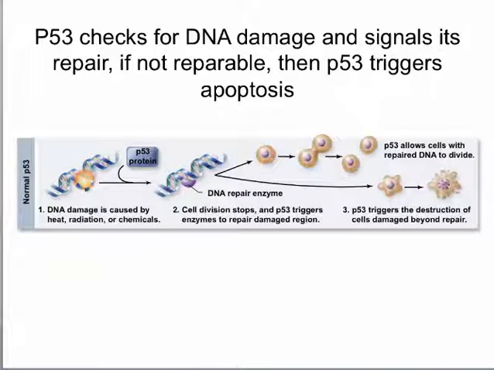There are other genes that do the opposite. They check for damage and they stop the cell from dividing. And if the damage is very serious, they might even ask the cell to do apoptosis, which is cell suicide. So the cell destroys itself before it starts dividing uncontrollably. So this type of genes are the ones that we have to thank for when we don't develop cancer. They're called tumor suppressor genes, and they inhibit cell division if the DNA has been damaged and the cell is in no condition to divide.